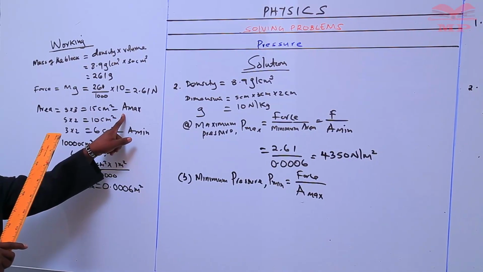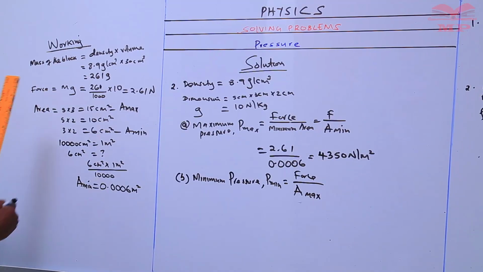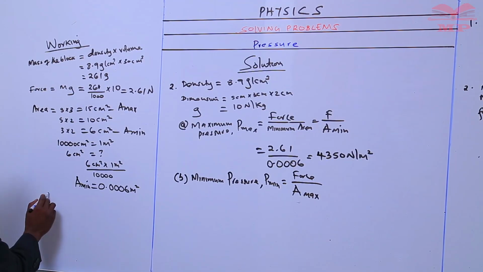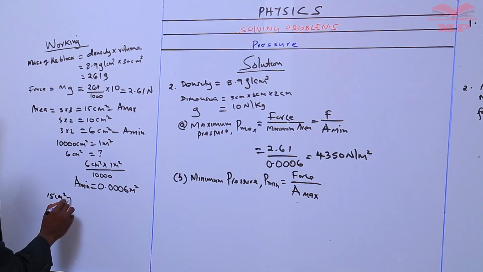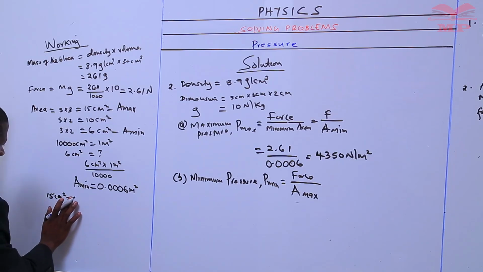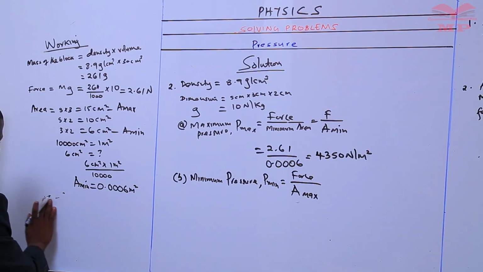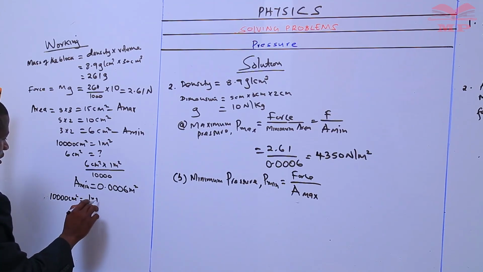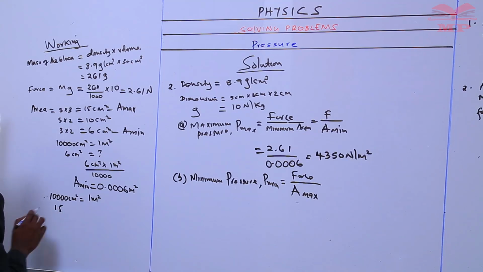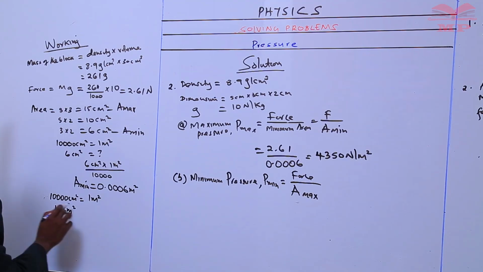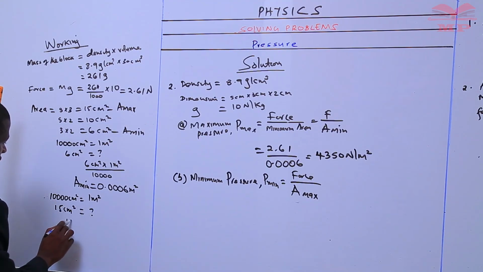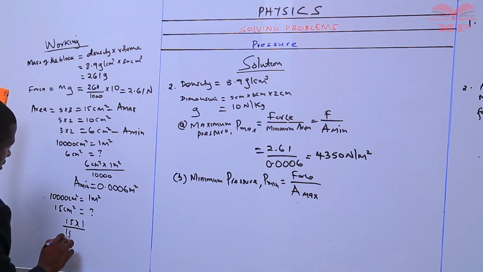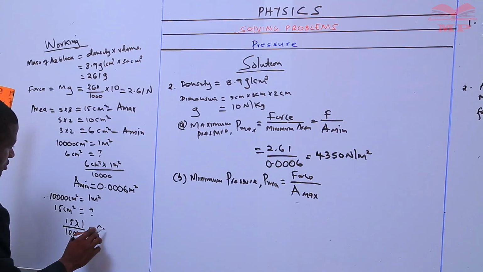So we convert it back to meters. So we have 10,000 centimeters squared equals to 1 meter squared. What about 15 centimeters squared? So you have 15 times 1 over 10,000, which is equals to